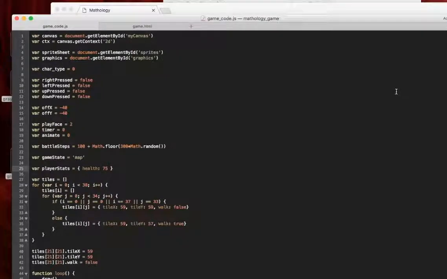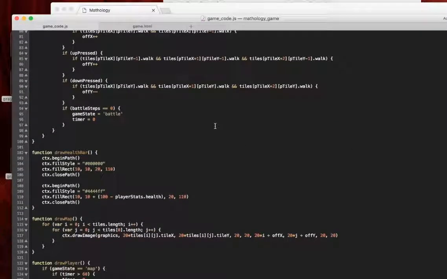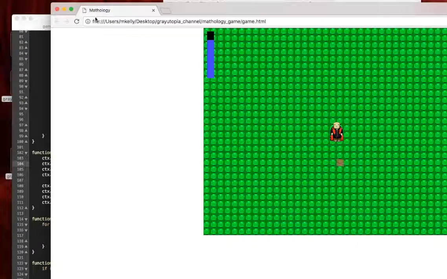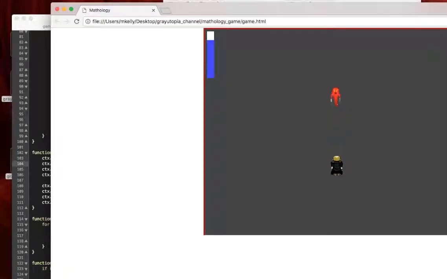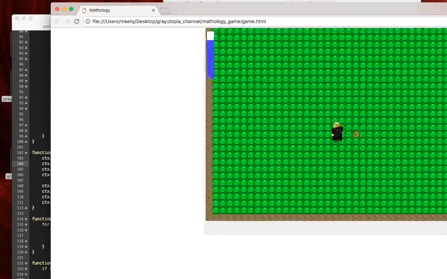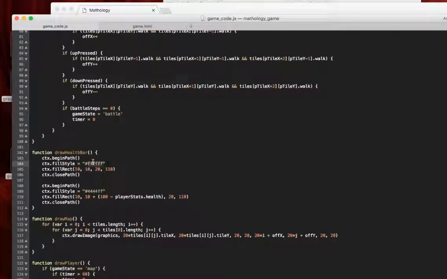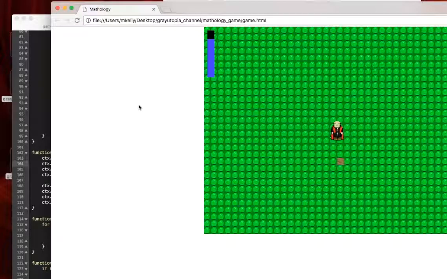It's kind of hard to say which is more clear. The way that I have this drawn, it might be more clear if it's white. Let's see. So let's do full color. Yes, I think that might be a little easier to see because the backgrounds we're using are a little dark. Of course, there's going to be some case, like if we make a snow level or something, where it's not going to be easier to see, but I think I'm going to go back with black just for that reason. Well, we might have a dungeon level or something where black's the common background, but